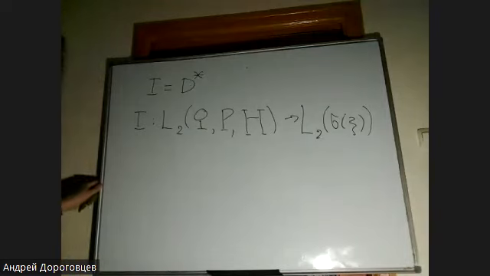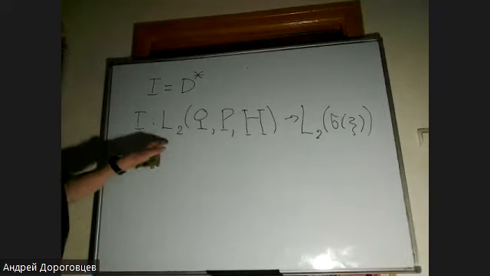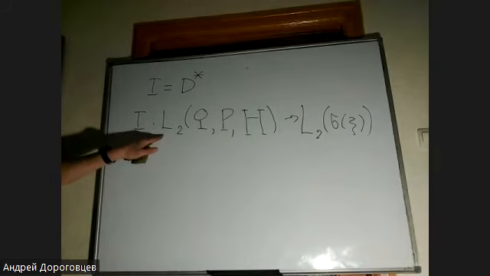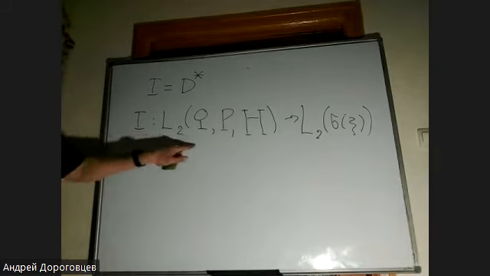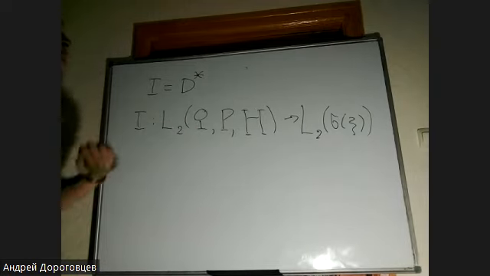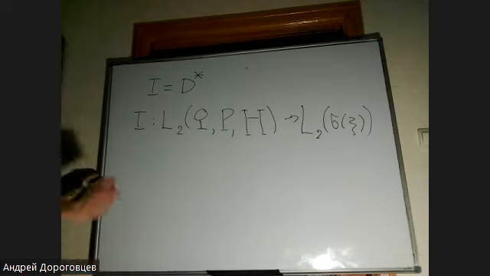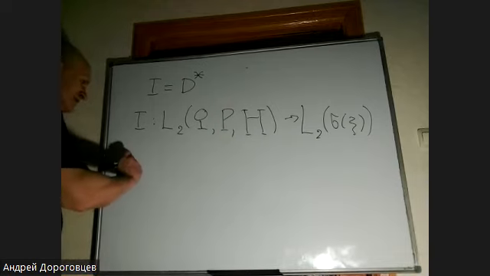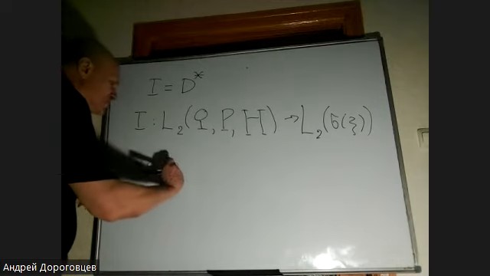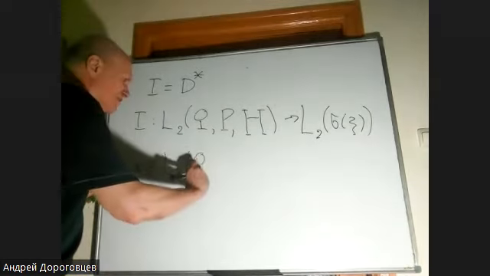Then we have to know how the transform of the random elements from here looks. It's easy. If we have some x which belongs to omega pH,